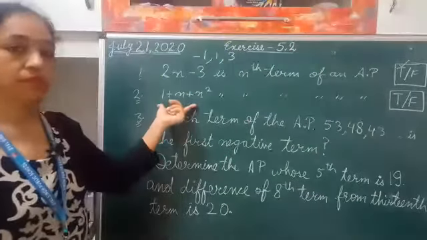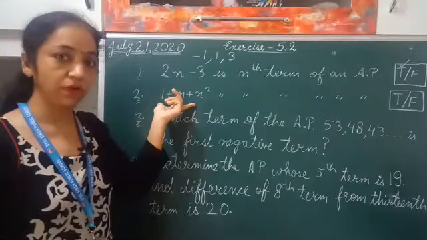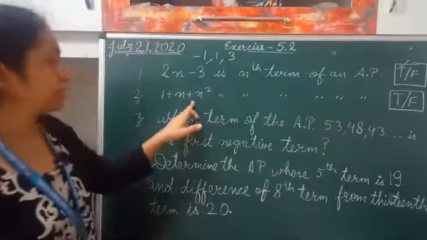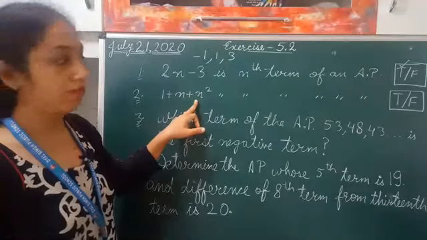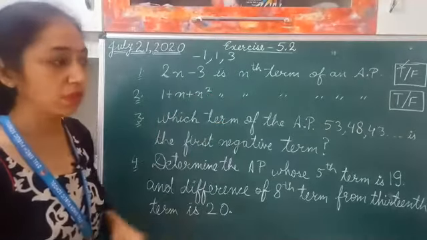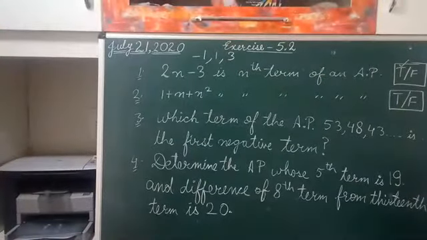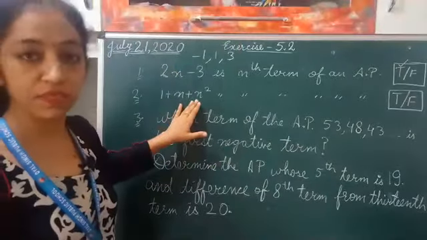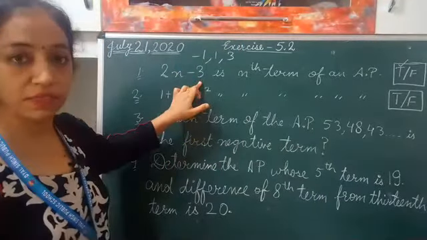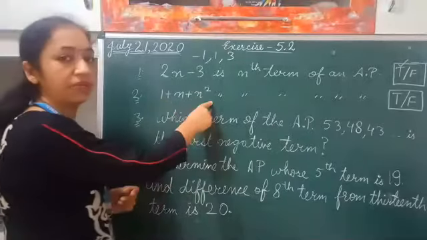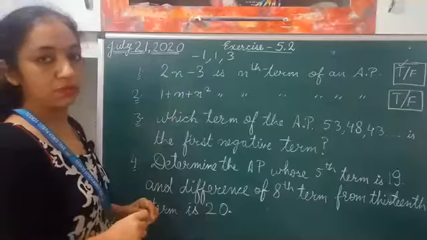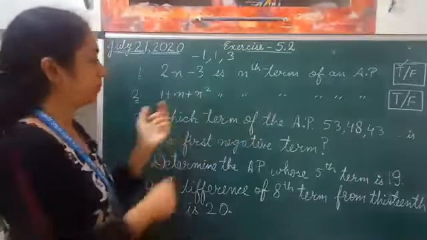Now we have this. This is the nth term given of a sequence, and we have to check whether that sequence is an AP or not. Here you may see the n is with power 2, right? Sorry for the inconvenience. Yes, here this is not a linear polynomial. Power of n is 2, right? So this will not be an AP. It must be linear. If here it was only 1 plus n, then it would have been an AP. But now this is not.